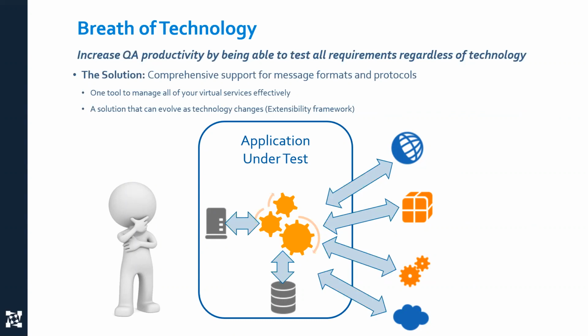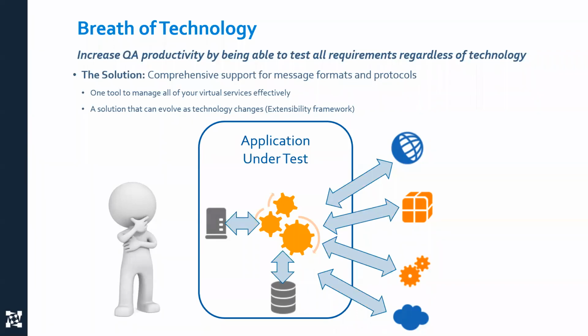So the solution is to look for a service virtualization solution that supports those message formats, protocols, technologies that your organization is using. And this, I think, can be one of the most critical exercises that you do when choosing a solution. Take an inventory of the different message formats and protocols you have. Maybe copy the list from what we're going to provide you from this webinar, or just take an inventory yourself and say, okay, what things do we have? What things do we want to virtualize? And let's make sure that our solution not only has them, maybe built in, but also potentially provides us an easy-to-use extensibility framework so that we can add that new capability in. And that way we're covered for today's technology, as well as whatever is coming down the line.